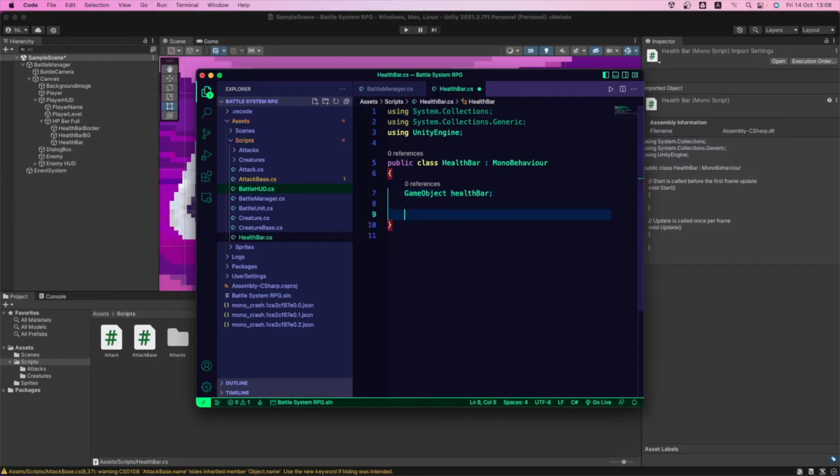Great. And now we're gonna need a function, and this is something that you have to pay attention to, because if you don't do this right, you're gonna get issues there. So we need to normalize the value of the scale of the health bar. We need a value between 0 and 1.